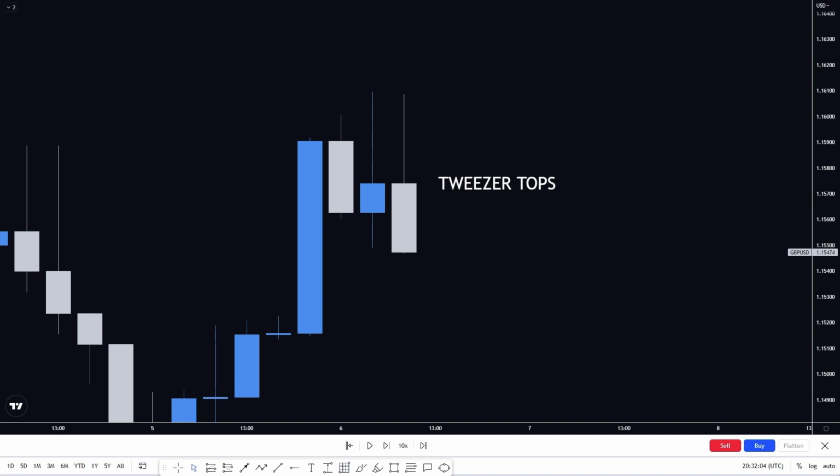As well as seeing both these tweezer tops, we also have a very nice engulfing bearish candle. You could see this as some kind of potential retrace candle, but the main point is looking at those wicks and the rejection that we're getting away from a particular area. So again, if we're at a certain price point or an area of resistance where we think the price is going to be moving down, either in some kind of continuation or potentially some kind of reversal,